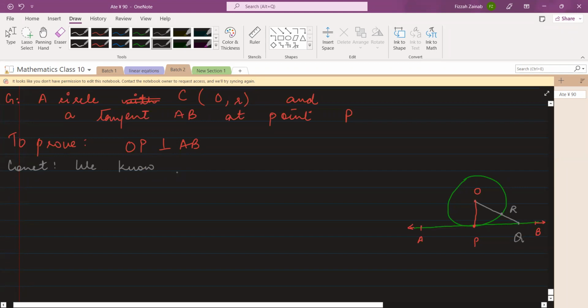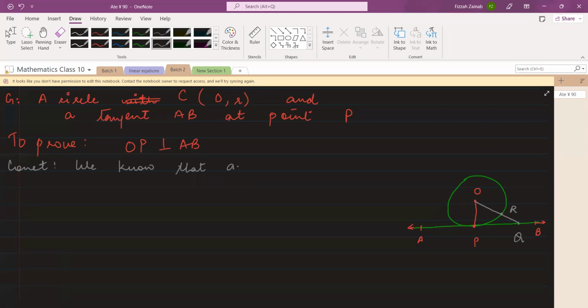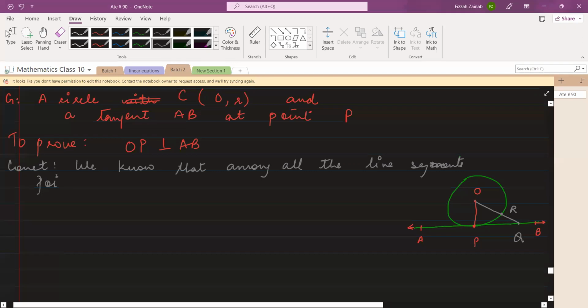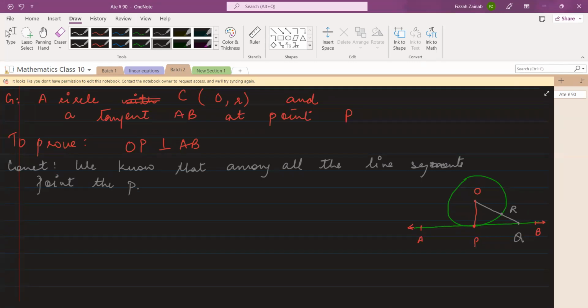So we know that among all the line segments joining the point O or center O to a point on AB,